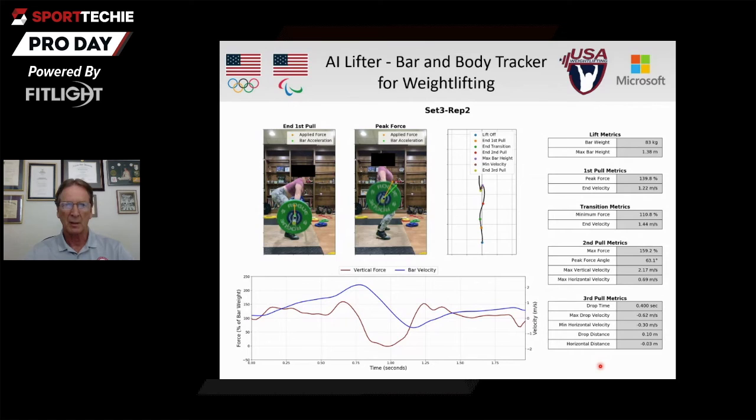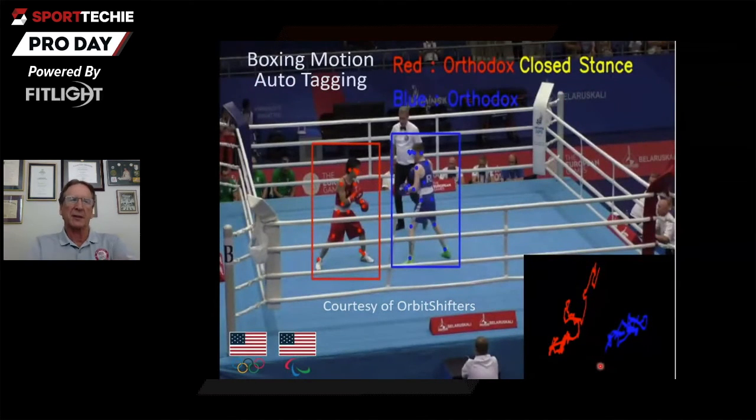Now, this is a different example because now we're not just looking at motion capture from the point of view of biomechanics, we're looking at it from the point of tagging. So that the process of tagging is really just going through the video and identifying different things that are happening, in this case, a boxing match. When were they throwing a punch? What punch were they throwing? When were they advancing? When were they retreating? Where were they on the mat? When were they on the ropes? All of these things are very important to the coach.